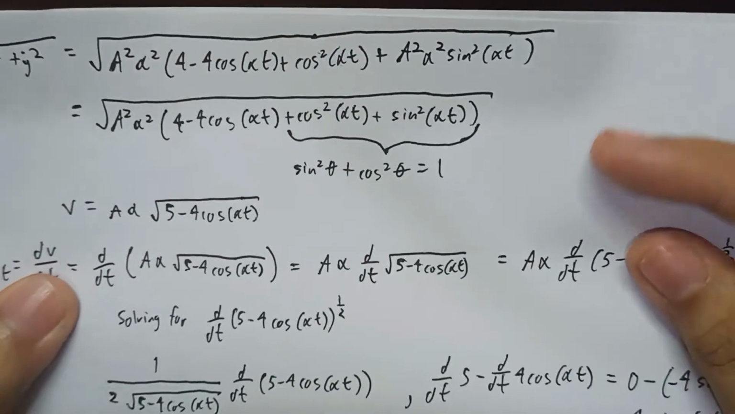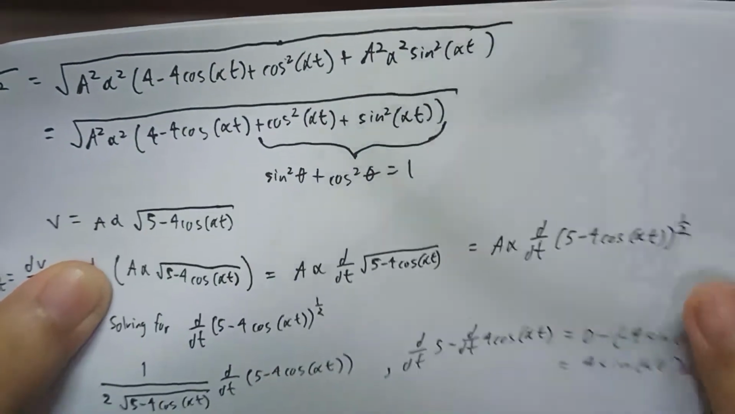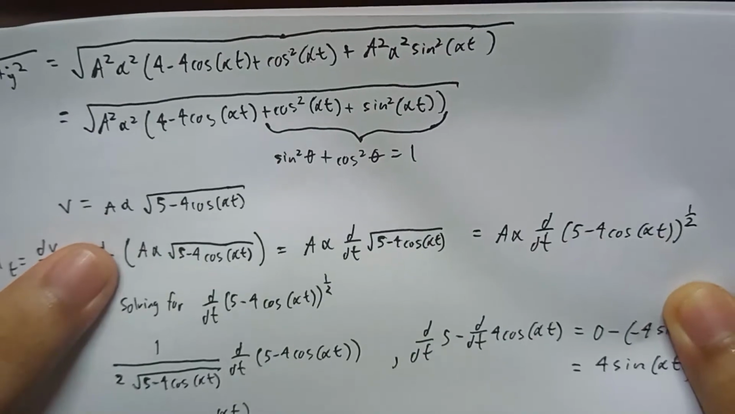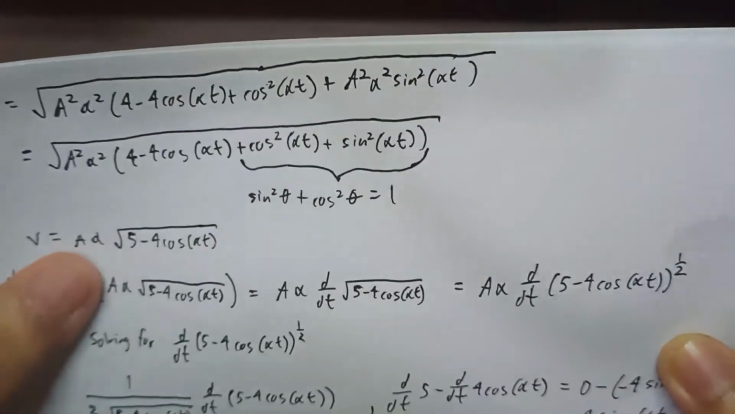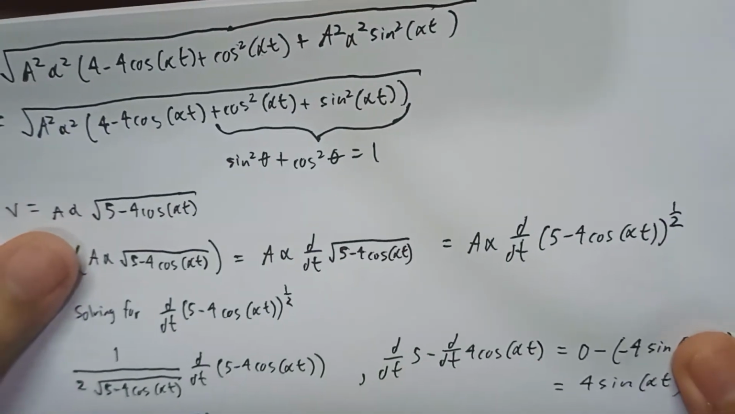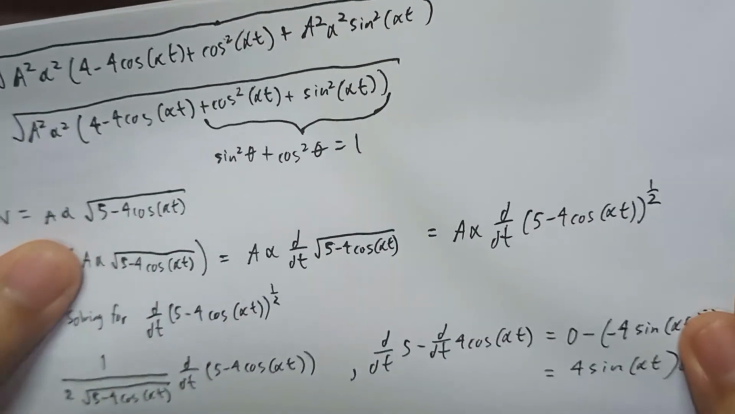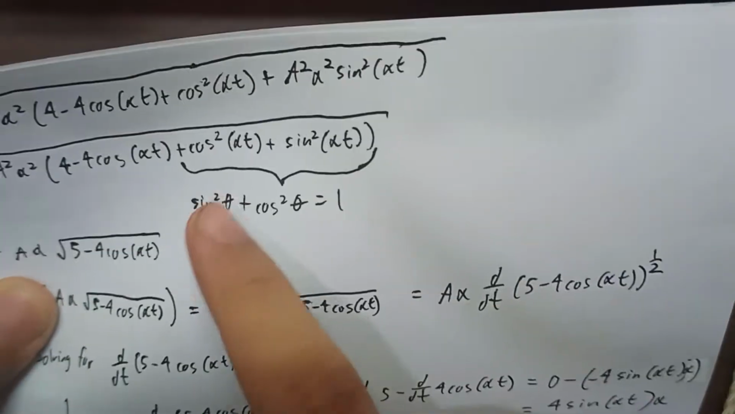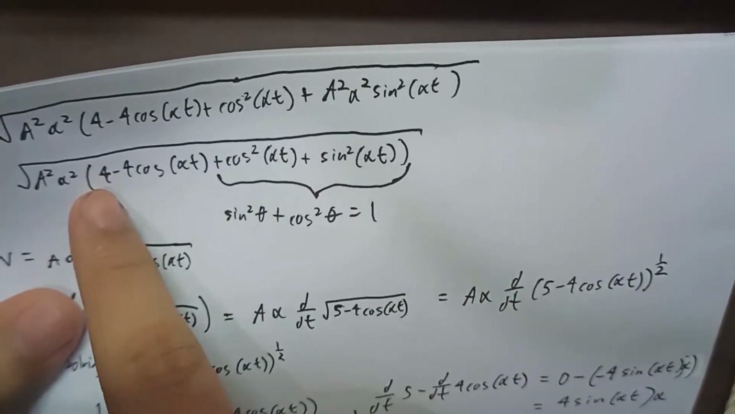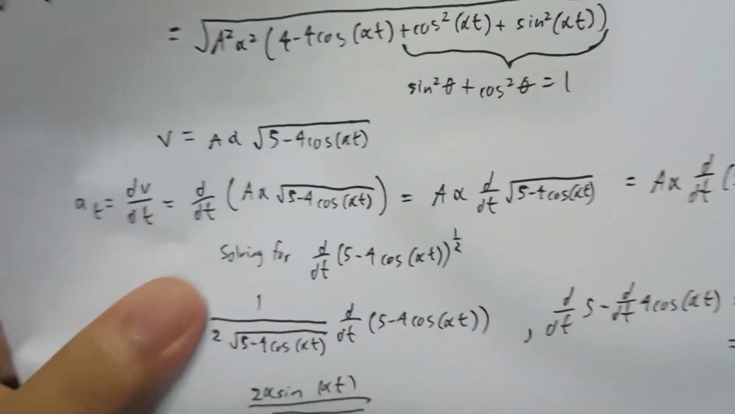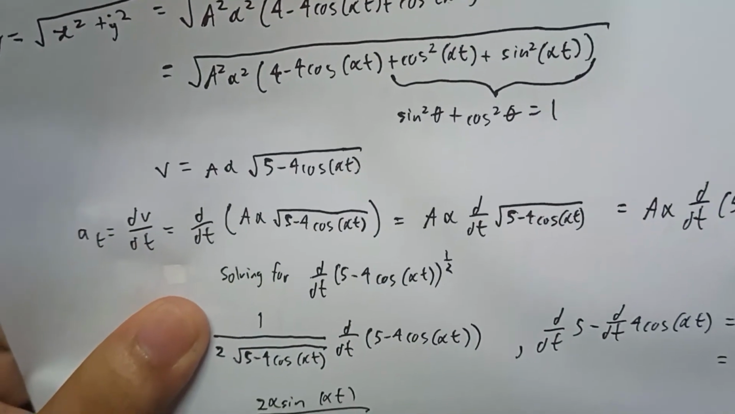And after we factor out a squared and alpha squared, which gives us a squared alpha squared times 4 minus 4 cosine alpha t plus cosine squared of alpha t plus sine squared of alpha t. And we know that there's a trigonometric identity, which is sine squared theta plus cosine squared theta is equal to 1, which means that cosine squared of alpha t plus sine squared of alpha t is equal to 1, which we will add to 4, which gives us 5. And now we have the velocity is equal to a alpha square root of 5 minus 4 cosine alpha t,